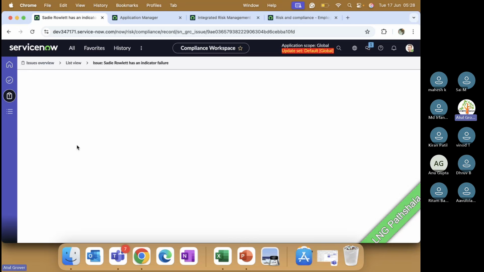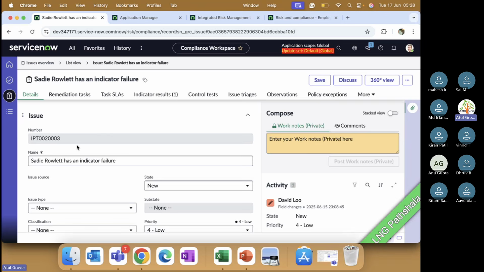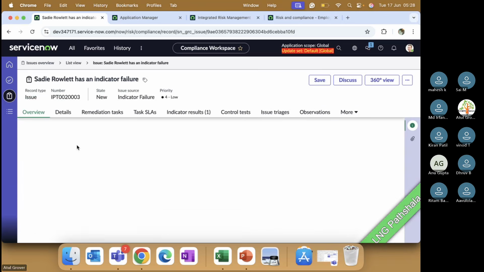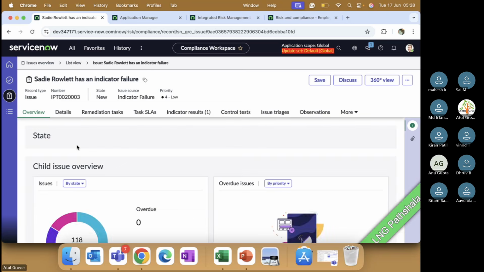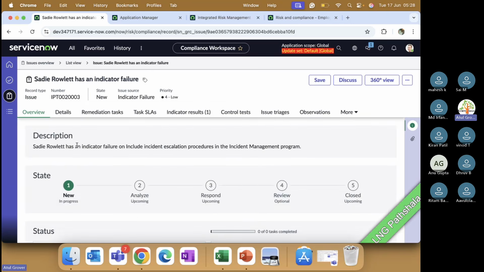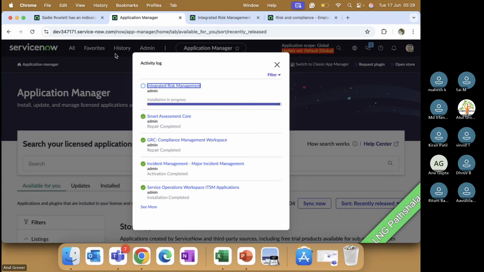One more thing, to define the triage, a few roles are required. That is triage manager and triage user. So if I again go back here,